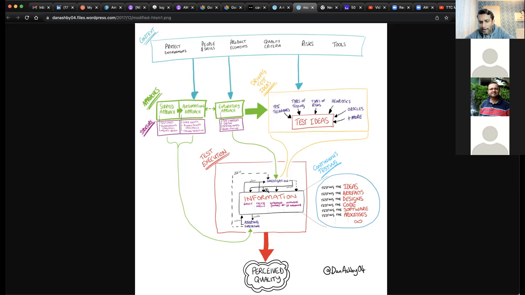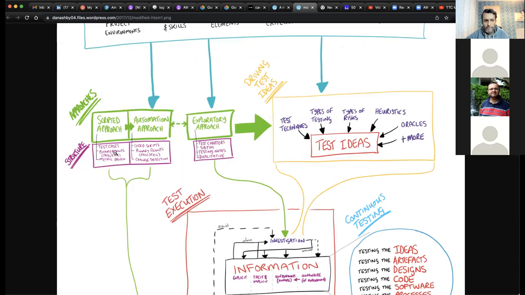And then as a part of your test execution, what are the various things that you might want to look at? This is, in my opinion, a very beautiful modification. Looking at it from the approaches, you have the scripted approach where you write test cases very specifically. If I may expand it a little more, it talks about binary results, and then they are driven by metrics. A lot of people follow that. There is nothing wrong with that approach, but